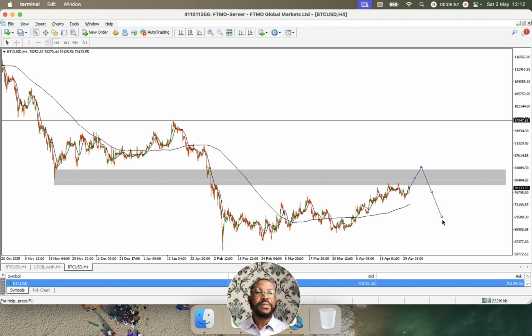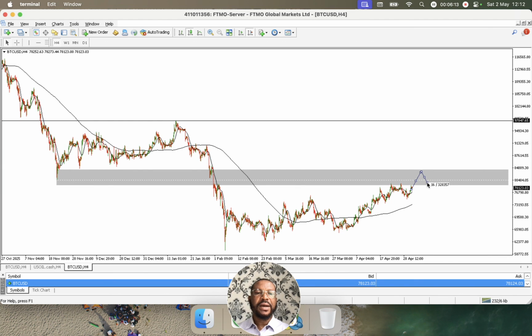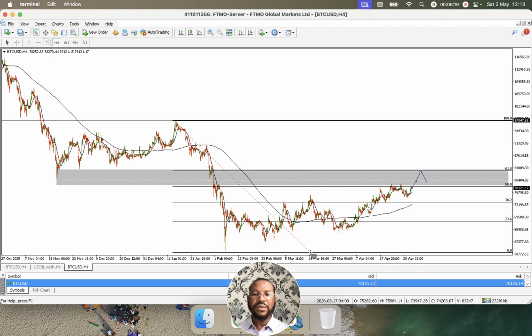Then I wait for a pullback, then I join the buyers. But for now, what I'll be looking at for the BTC USD is for price to rise back into this zone, take out all these early sellers here, then the sellers come in, I'll join them to ride this price back down. If I take my Fibonacci from this swing high to this swing low,